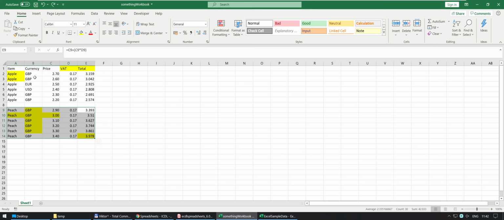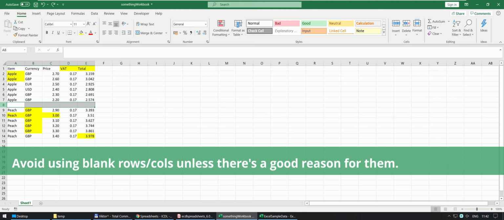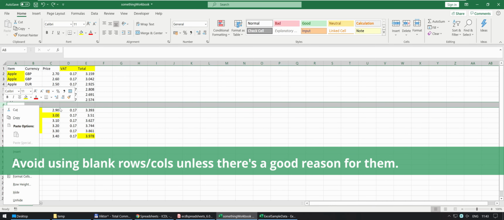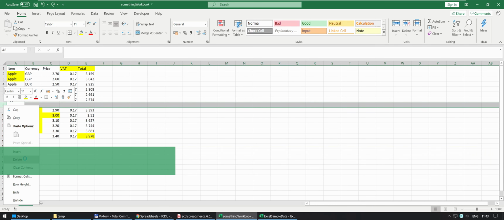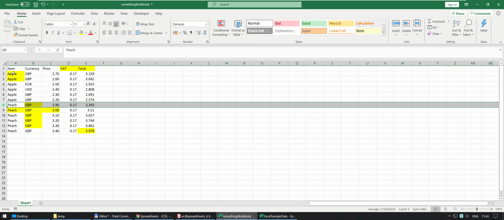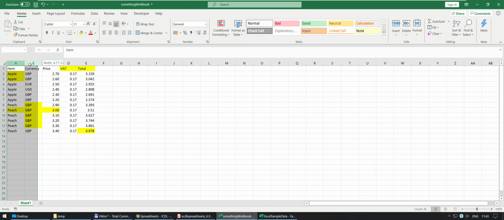So if you mean to sort all of these together, then you can do what I'm just doing now. You'll have to select everything, but it's a lot better to just get rid of the blank row and not have it at all. So for the time being, I will delete this row,